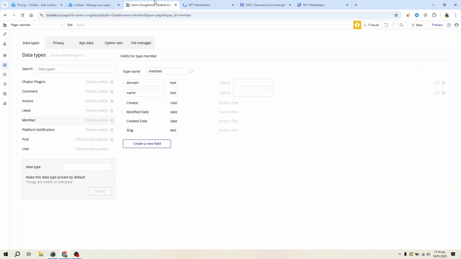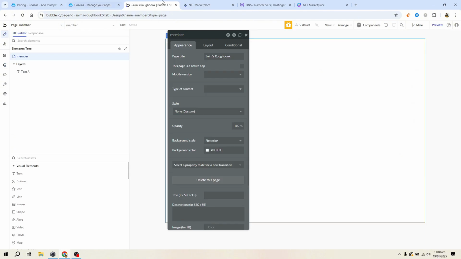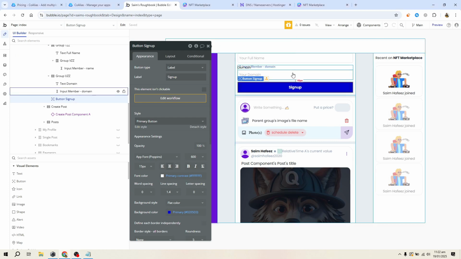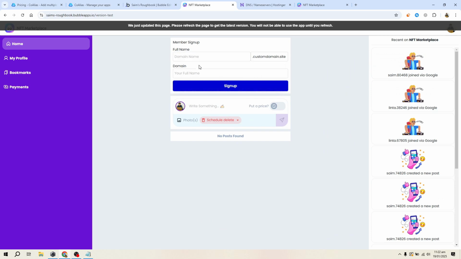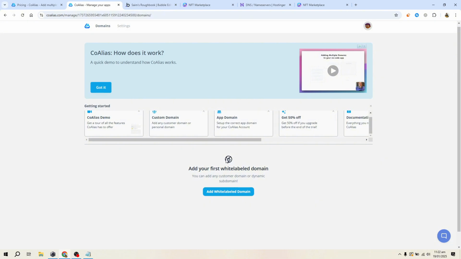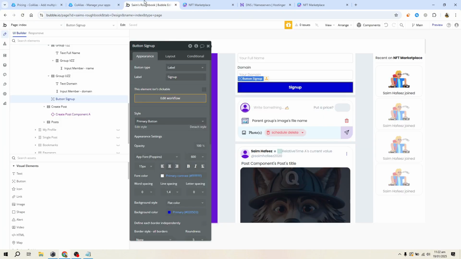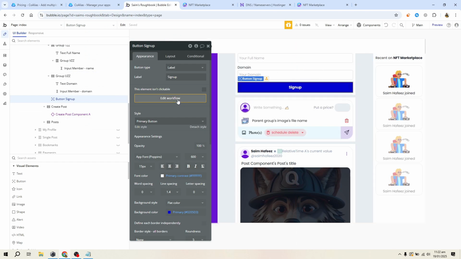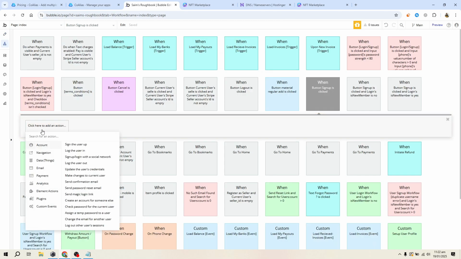So for this, let me build a simple form right here. Okay guys, so I have created this basic section for signing up, creating a member, and that member will have basically his domain and his custom page. And I have removed my other domain from the CoAlias right now, so we will be using workflows to add these domains. So okay, when the user clicks sign up, what's the first thing that we will do